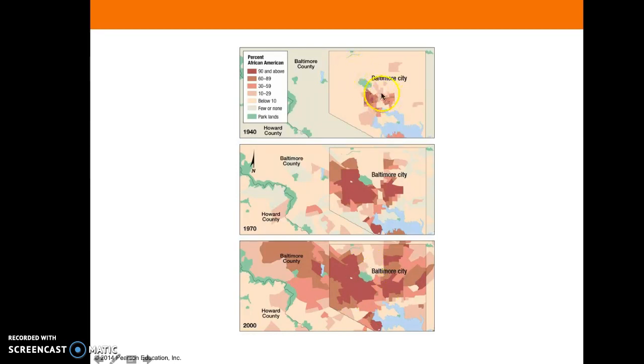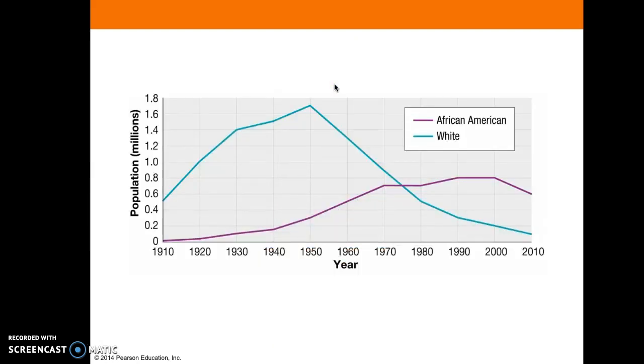So as people started to move out from these tiny little apartments that were set up for them to work, as they started to radiate out, white people with more money left. And same thing here. If you look at the distribution of African Americans as opposed to white people in millions, you can see that it started to drop after about 1950.